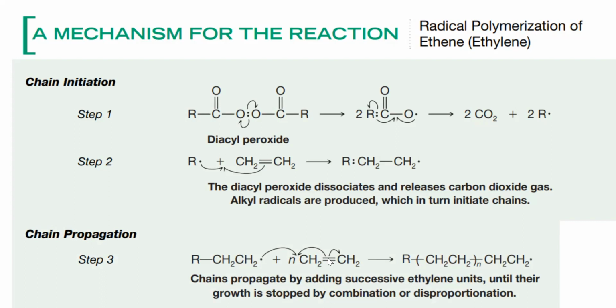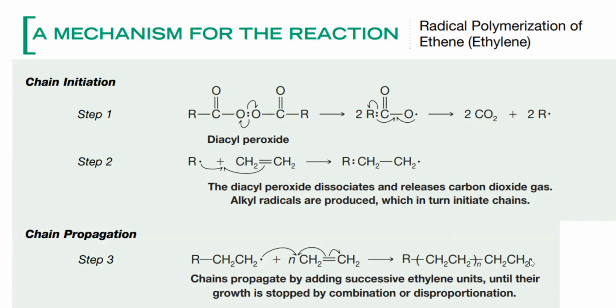So the pi electrons will be used to form a bond here and a bond here. So you have your R, CH2, CH2, and a bond with this CH2. You just have to repeat the process over and over, and you get CH2, CH2 in parentheses, with large units of this ethylene, until you get the